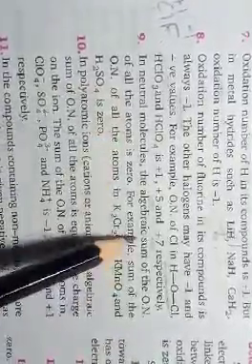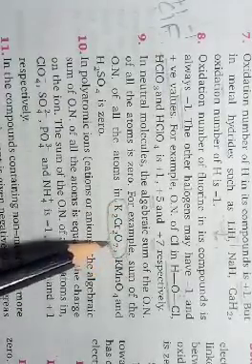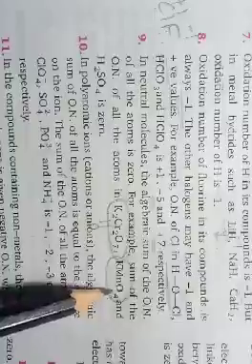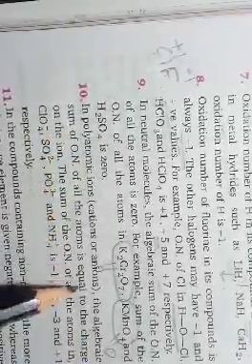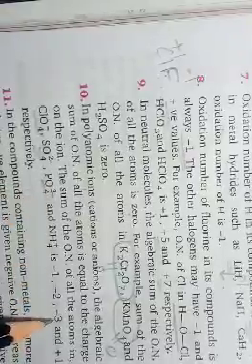In neutral molecules, the algebraic sum of the oxidation numbers of all the atoms is 0. So for any molecule, such as potassium dichromate, the algebraic sum for all the atoms of this molecule will be equal to 0. In the same way for KMnO4 also, the algebraic sum will be equal to 0. Okay students. In polyatomic ions, the algebraic sum of the oxidation numbers of all the atoms is equal to the charge of the ion. This I have already told you. So the algebraic sum for the phosphate ion will be equal to -3.